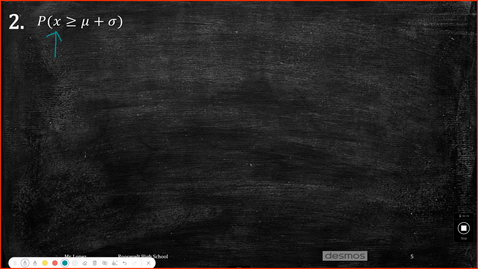What's the probability of somebody getting a score higher than the mean plus 1 standard deviation? Higher than that. I will give you extra credit if you can give me the answer to that right now. You think you got it over there? To get higher than the mean plus